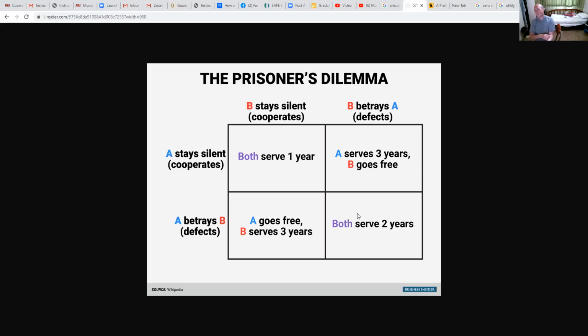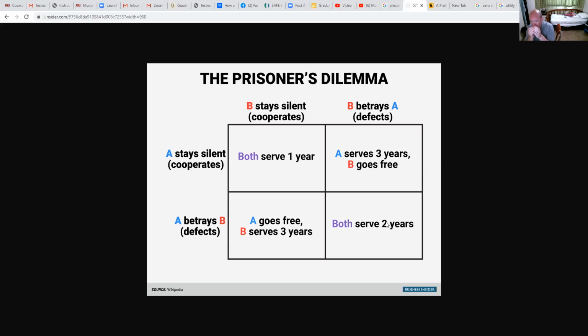I guess maybe it's a lesser sentence because you both had a role in it, right? It wasn't all that guy, and that guy didn't force you to do it. So you were guilty, but guilty of fewer steps or less guilty than you would have been if you'd forced that other guy to go along with you. So you both get 2 years. So now, which one do you choose?